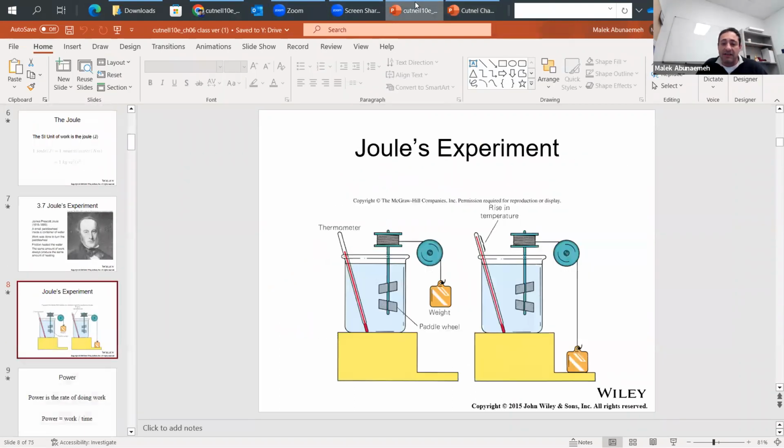And here's your little paddle in water, it's a better picture. And when the paddle is going, the faster it goes, there's a rise in the temperature on the thermometer. That brings us to